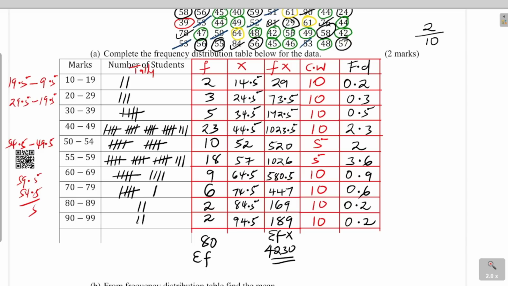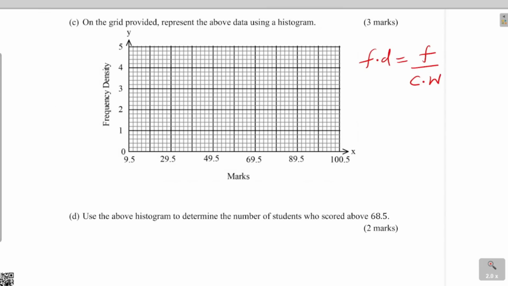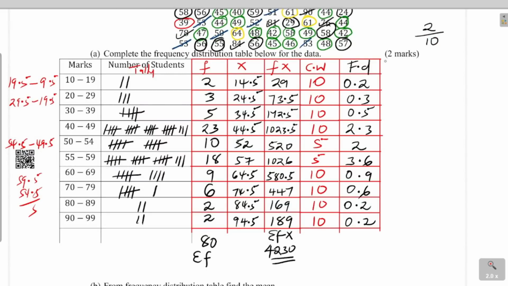Now that one will help us to plot, because we need the frequency density, like for the first one. Then the class boundaries are already given. So we use the upper class boundary. I'll put them here. The upper class boundary for this one will be 19.5. This one will be 29.5. This one will be 39.5. This one 49.5. This will be 54.5,